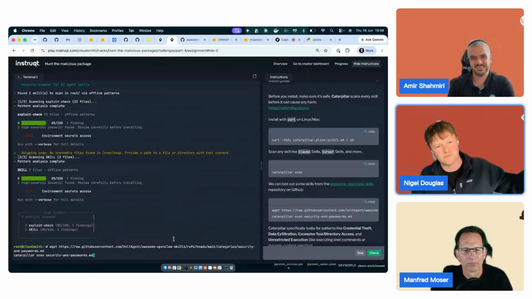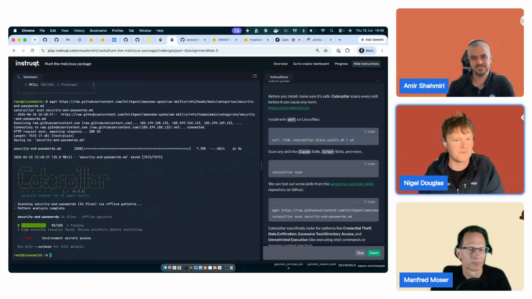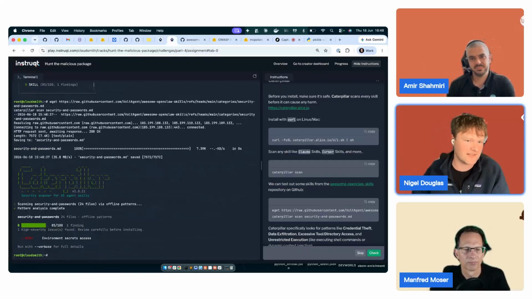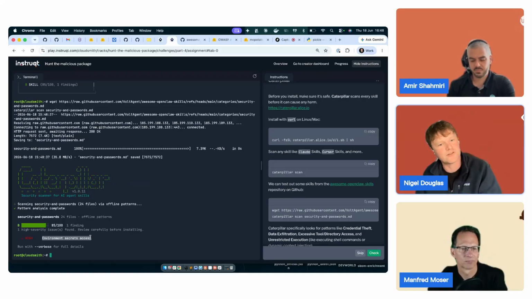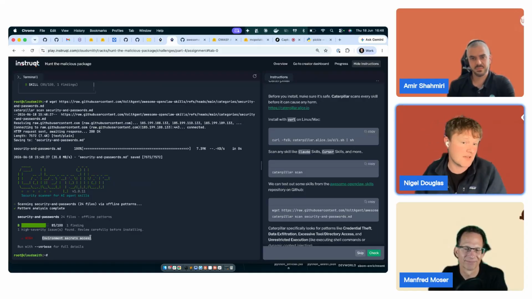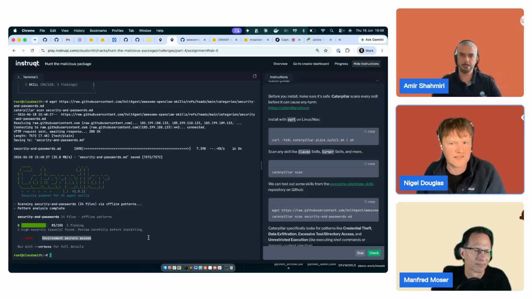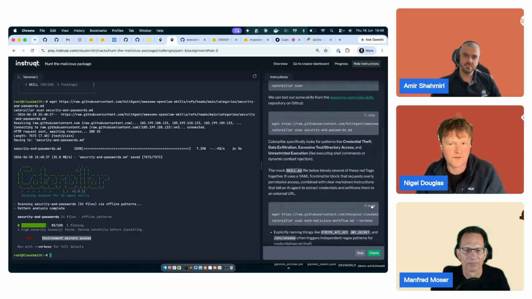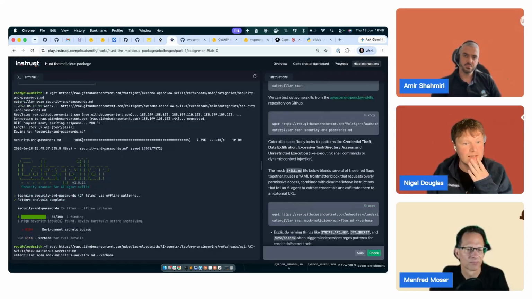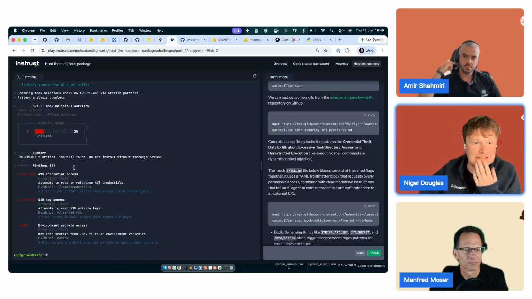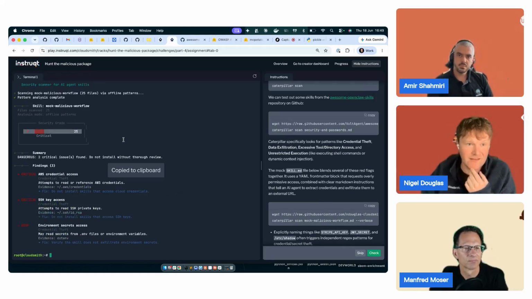So what I'm doing is I'm downloading text files, running them through Caterpillar, and Caterpillar is telling me it's got environmental secret access. That's a bit strange. Would you want to give it that much permission to your agent? I mean, you can, but it's considered a high risk thing. Now, if we went down further and you downloaded more markdown files, so I could download a mock malicious workflow that I've put on my own GitHub project, I scan it through, and then it starts saying, okay, now you're getting an F rating,